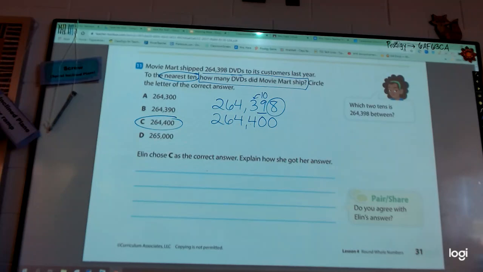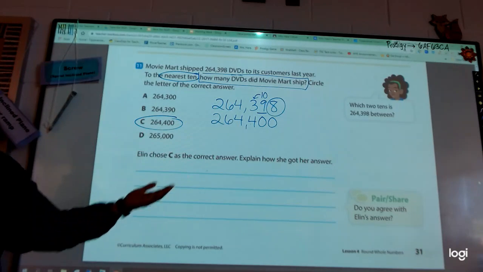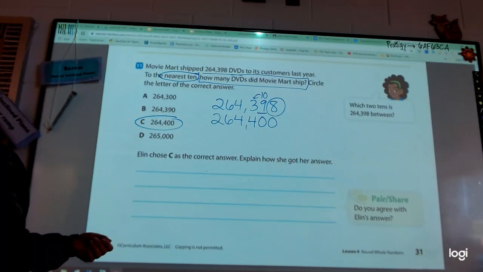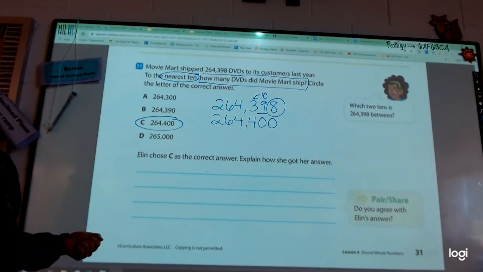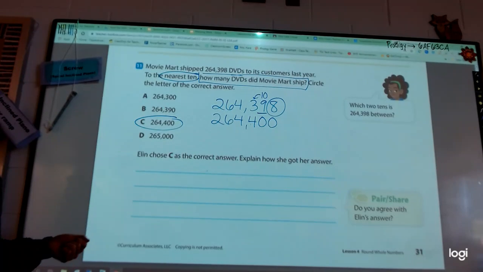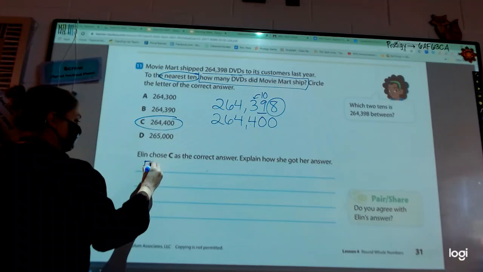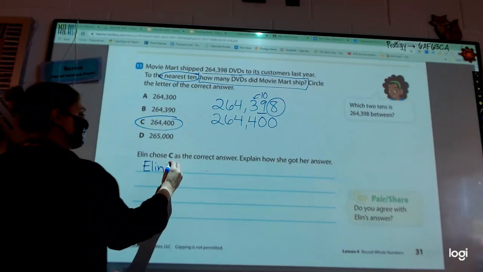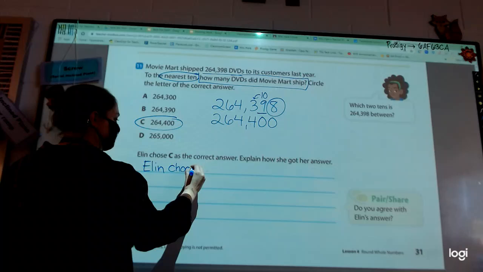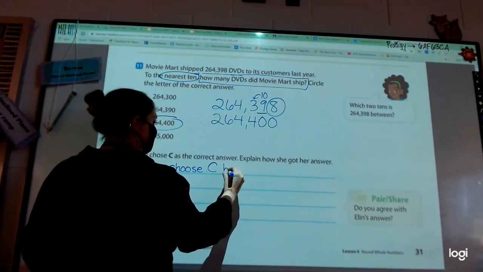Noah? Just say how we did that, because she did the same thing. Right, and I am asking you right now to try to say what you just did. How could we start our first sentence? So Ellen chose C because what? It's the right answer, and because, I don't know. Okay, I'll get us started, then you guys can tell me how to finish. Aline chose C because,